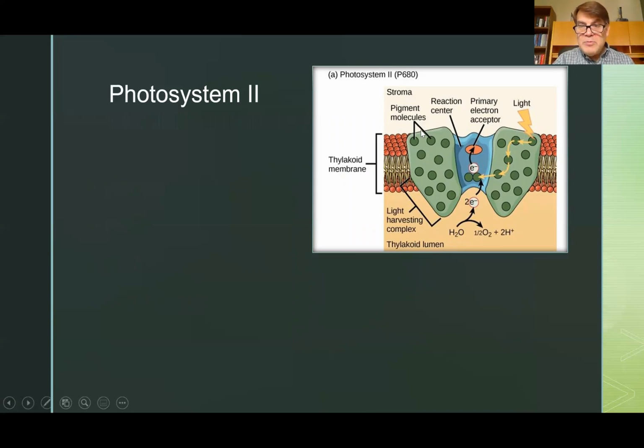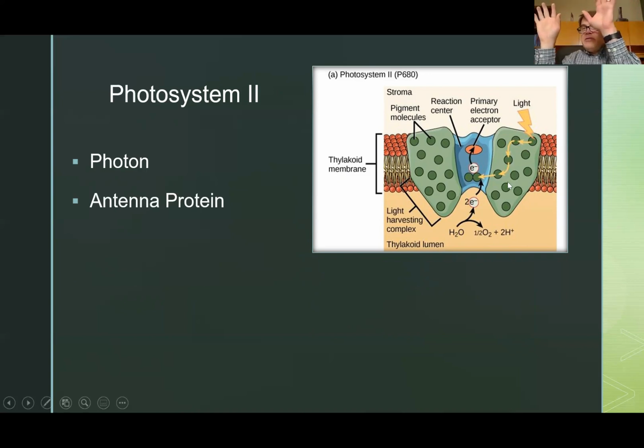So like we said, we have these pigment molecules, like the carotenoids, and we have chlorophyll. This protein is a light harvesting complex, and this is the middle, the lumen, and out here is the stroma. And so what's going to happen is we have a photon, lightning, Thor, and then we might call these antenna proteins, because there are any photons out there, and the photon hits